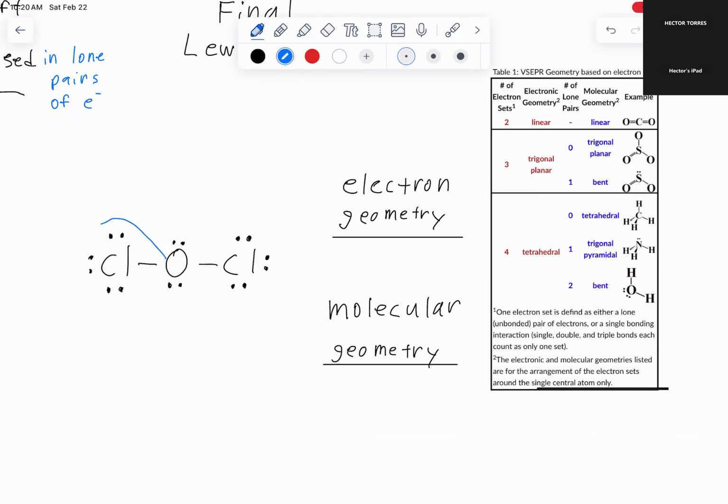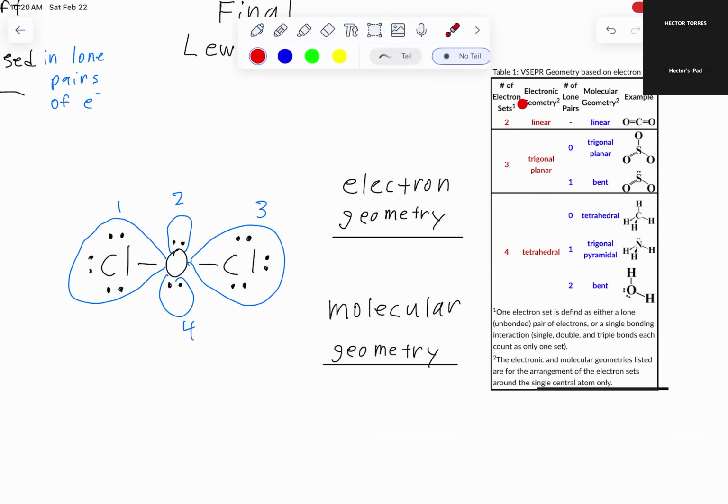Over here, we have 1 electron group, 2, 3, and 4. So we have 4 electron groups. If we look over here, this has number of electron sets, which I'd say as groups, but same thing. We have four, so this is going to be a tetrahedral